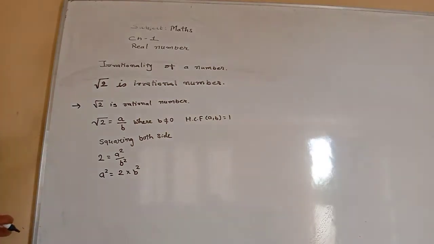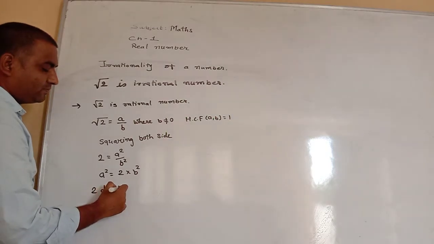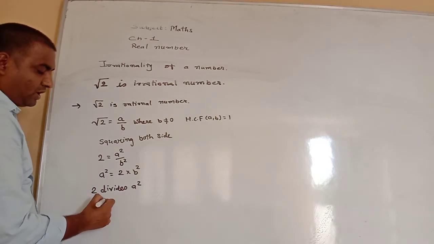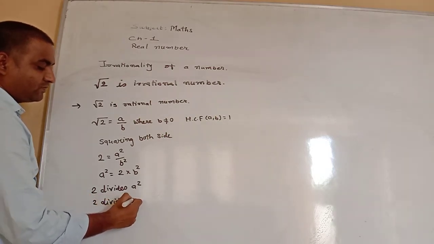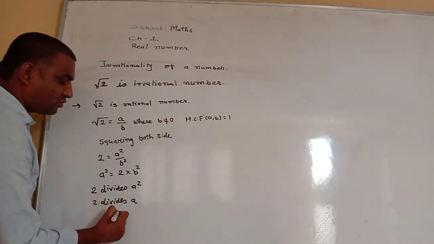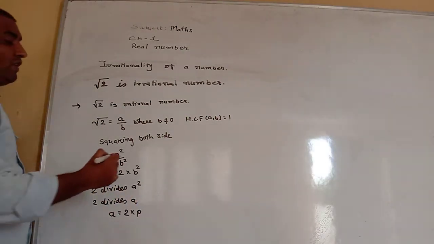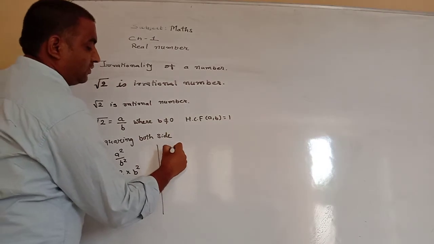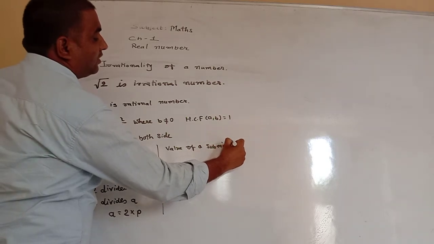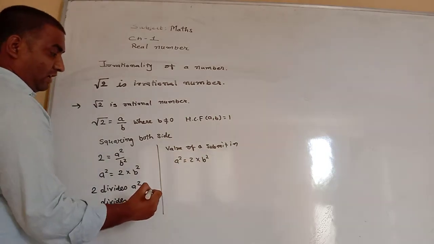and so a square equals 2 multiply b square, that means 2 is a factor of a square, that means 2 divides a square. Now 2 divides a square, so 2 divides a. So 2 divides a, that means a equals 2 multiply m. So we substitute the value of a in a square equals 2 multiply b square, then it will be